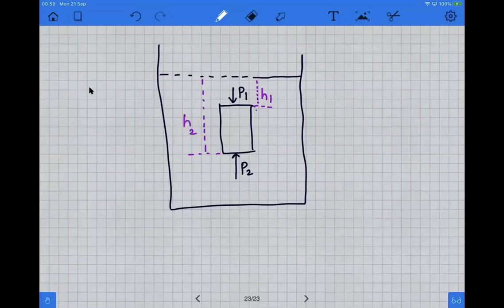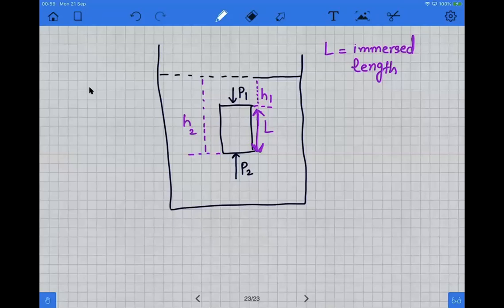And one important thing, the length of the object, the total length or the length immersed, is, let's suppose, L. L is the immersed length, and as you observe, H1 is the depth of the top, H2 is the depth of the bottom, and L is the immersed length